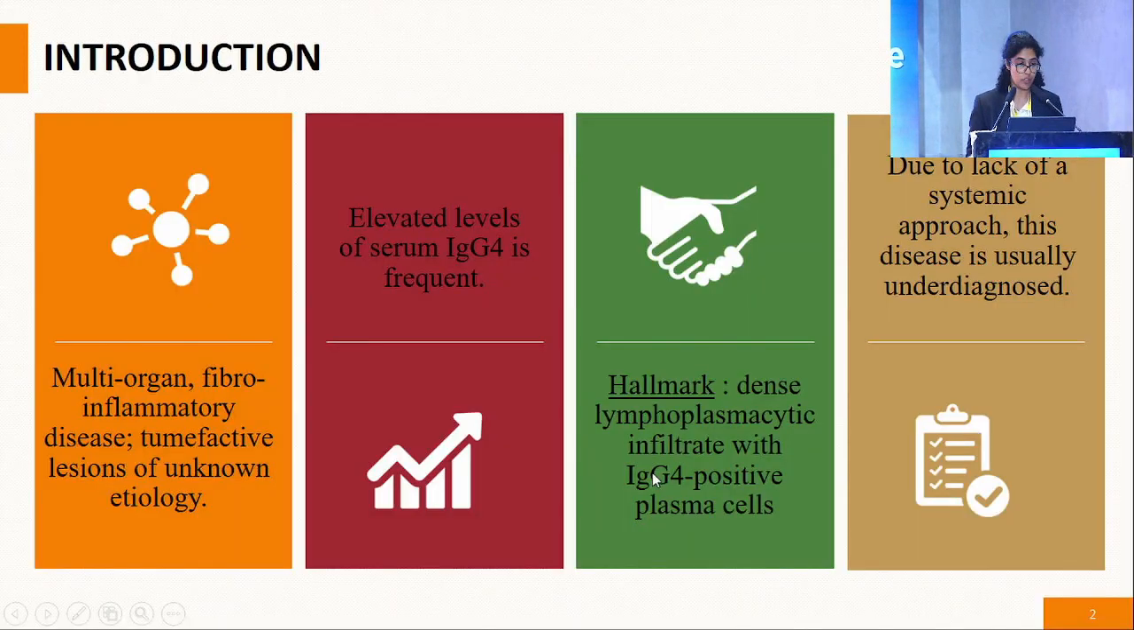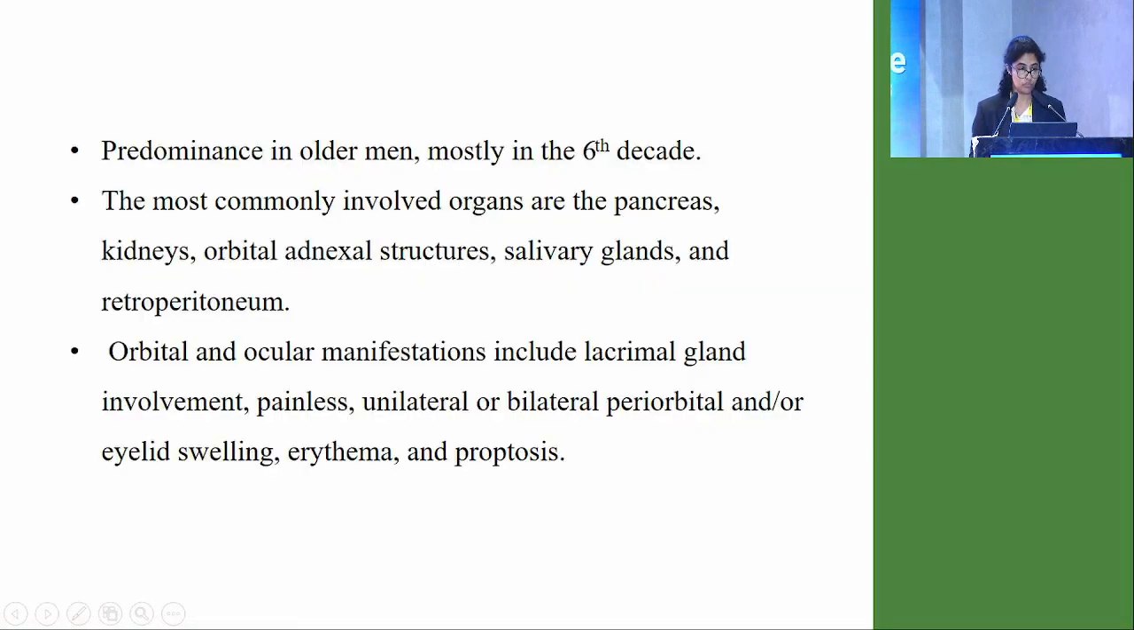IgG4 is a multi-organ fibroinflammatory disease with tumefactive lesions of unknown etiology. It is associated with elevated levels of serum IgG4, and the hallmark of this disease is a dense lymphoplasmacytic infiltrate with IgG4 positive plasma cells. Due to a lack of systemic approach, this disease is usually underdiagnosed, and the predominance is more in older males in the 6th decade, with the most common organs involved being the pancreas, the kidneys, the orbital adnexal structures, salivary